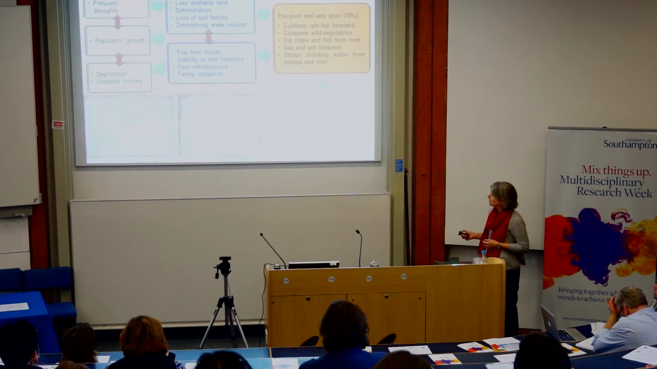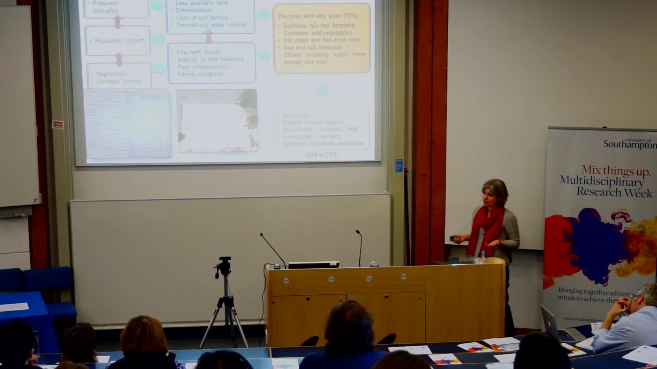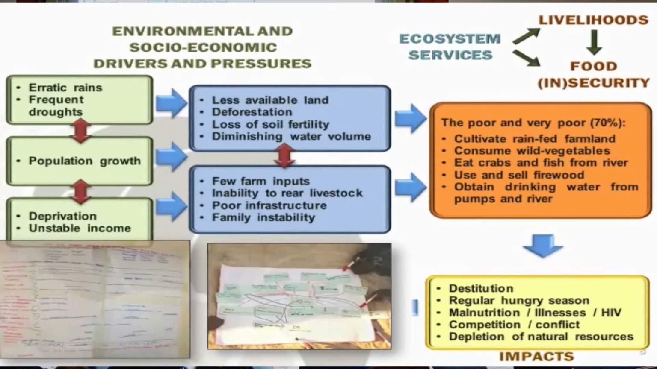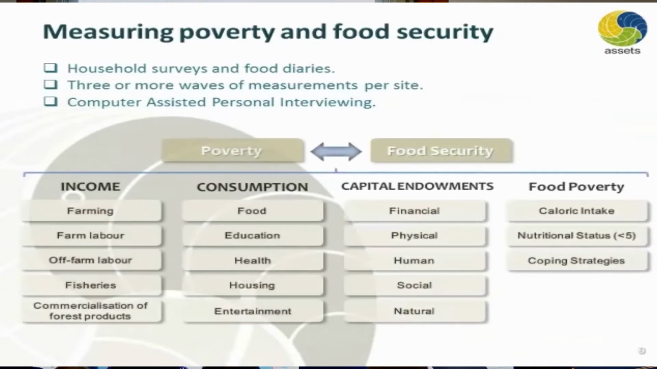And all of that means that the impacts on people are destitution, a regular hungry season every year, and malnutrition. One of the coping strategies that women in that area use is prostitution, which links to HIV problems, and there's also depletion of natural resources. So some of the responses available at the moment are government subsidies, changing management, and various development interventions like tree planting, ponds, fish ponds and irrigation, and we hope that the information we provide will allow these responses to be better